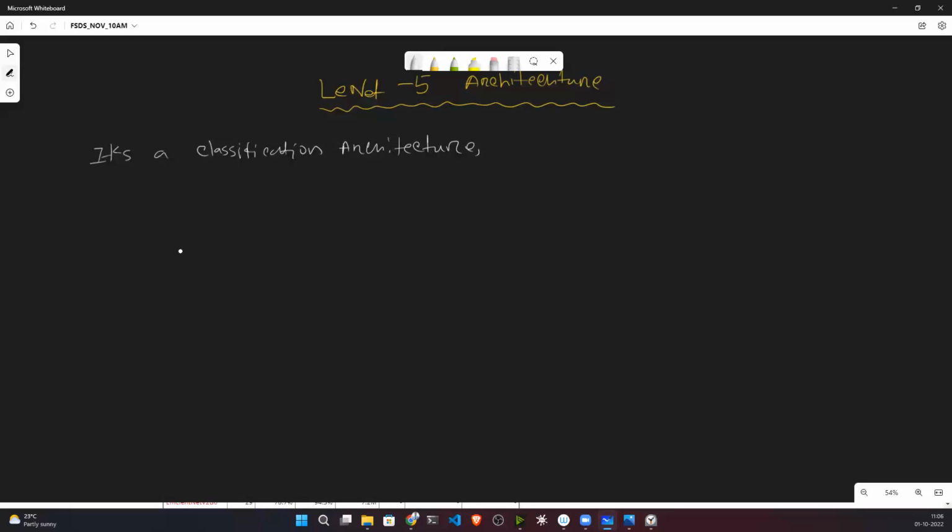See, LeNet is not in Keras because it was a very basic architecture. So this is actually not required. If you have some good architecture, then why would you use LeNet? Because LeNet was the first research, and using LeNet they came up with the big architectures, right? So you are not supposed to add LeNet. You can code it using Keras very easily. It's two to three lines of code. Okay. So it's a classification architecture, and